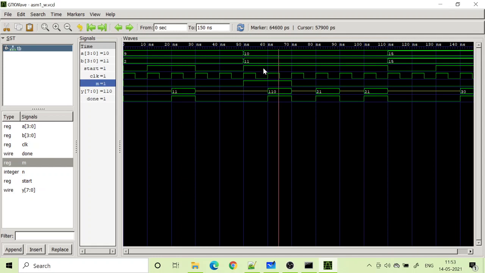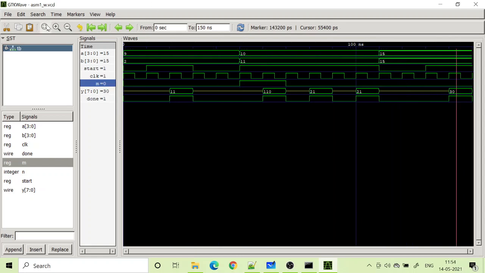So when you change the input and make the mode input low, then we are adding 10 plus 11, that is 21. And if the start input is high, then it will just repeat the calculation, and again it will show. If the start input is low, then it will not repeat the calculation. So I made here 15 15 as the A and B, and then my mode selection is 0 here, so I will just add 15 plus 15, and that is 30, that is coming here. So this is basically the waveform.